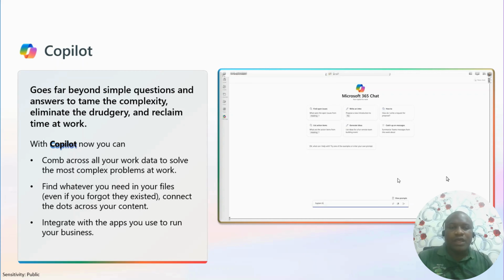If you don't use the right prompt, you will not enjoy the impact of Copilot. So it is fundamental as a prerequisite, apart from getting the Copilot license, you need to understand and make good use of prompts. You need to know how to prompt it to give you the desired result. So Copilot on Teams goes way beyond